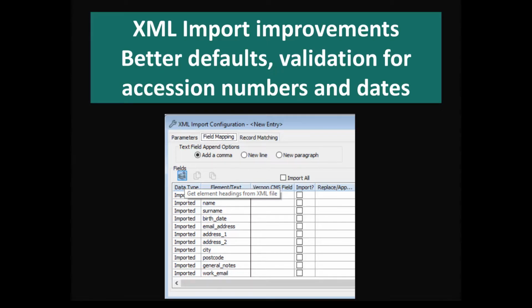XML import is a powerful tool in Vernon for bulk importing records into the system, either adding data to records that already exist or creating entirely new records. There's been a whole range of extensions to this tool in this new major version, and one of those includes the ability to detect what fields are present in the XML file and then automatically get all of those